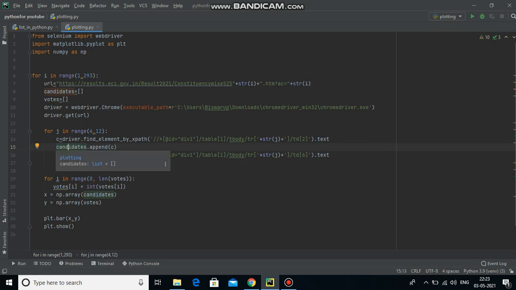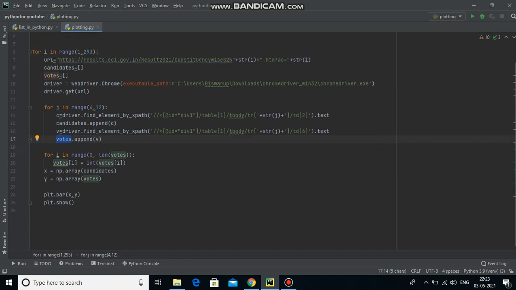So in the candidate list all the data will be appended one after another, and in the other array list, that is votes, the number of votes will be appended over here. Then one small thing I have done: I actually faced some problem because the data I am getting is in text format, but the votes should be in numeric format.